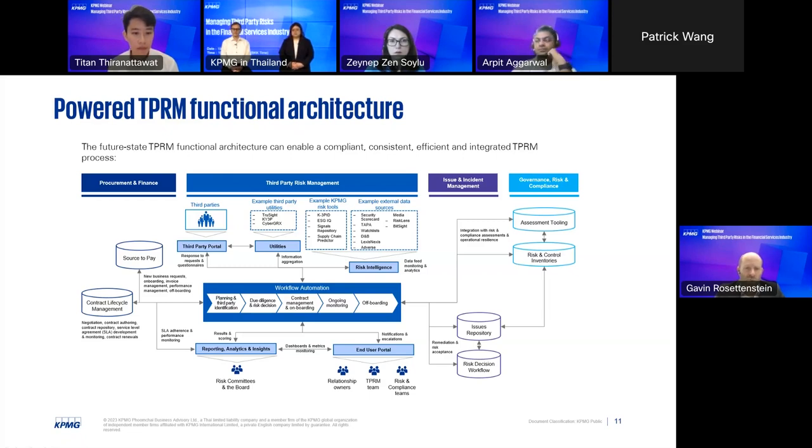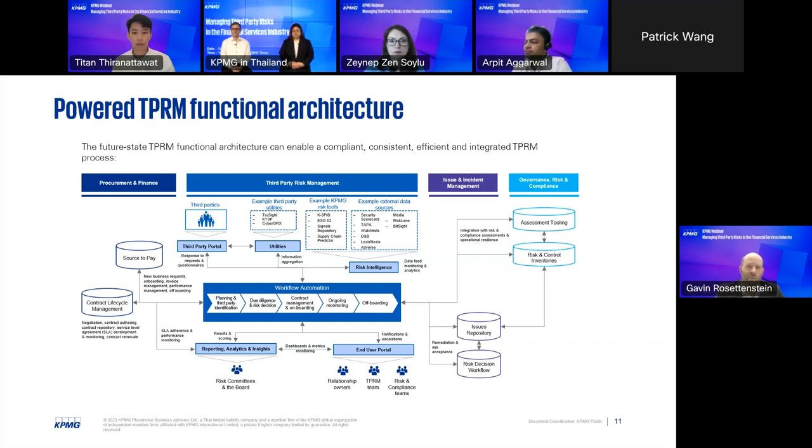You've got the end user portal that can pull the data down from there again, and you can use it, be it relationship owners, business owners, the TPRM team, etc. What I wanted to talk on here is that you can also see on the right that you're pulling on and integrating with your GRC tool. So you're getting information on risks and controls through the inventory there. You get information on issues and incidents and how they impact and intersect with your arrangement with your third party. Some of the cooler stuff now, if you look above, is really around how you start making use of other services that are out there, such as utility-based services and risk intelligence, because that is really, truly where third-party risk is going.